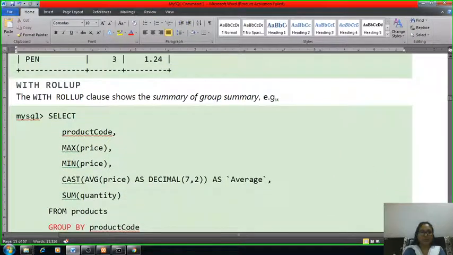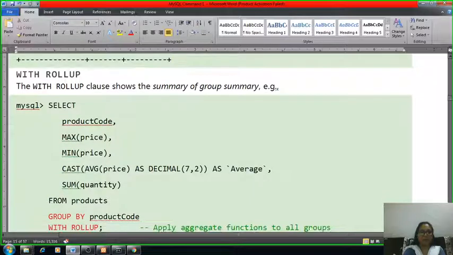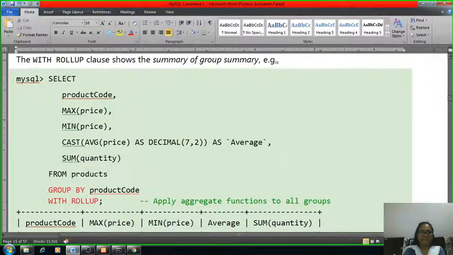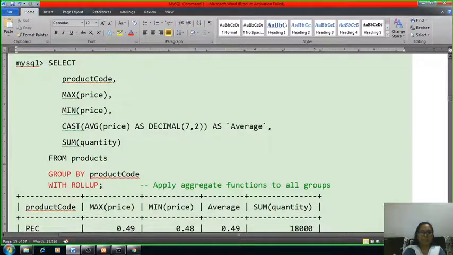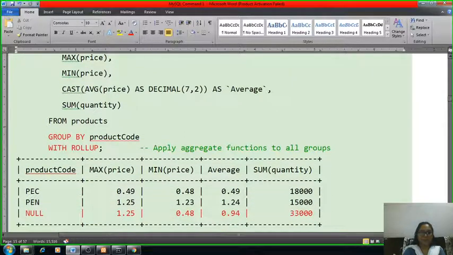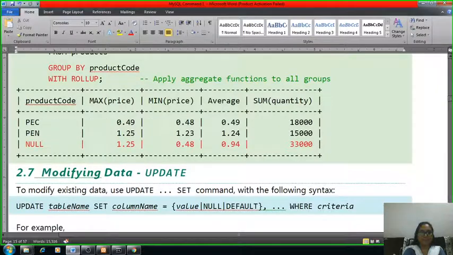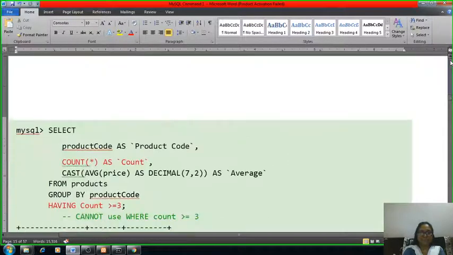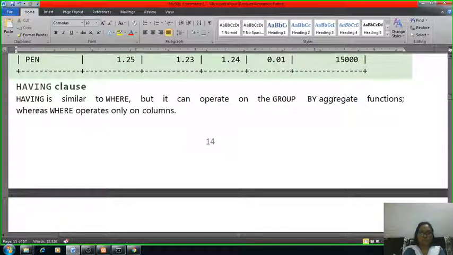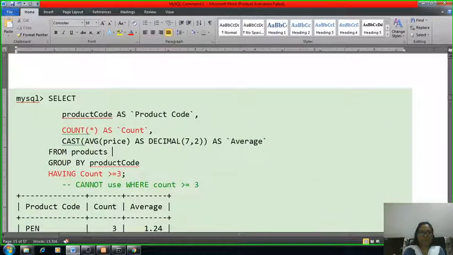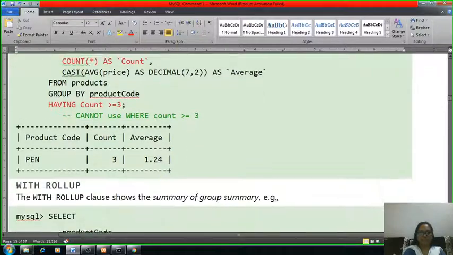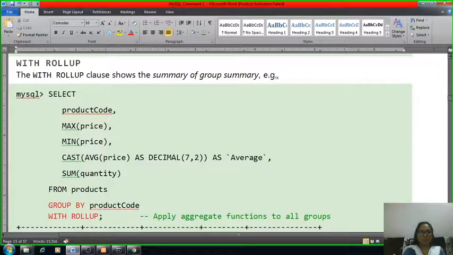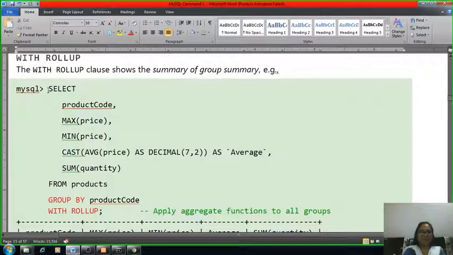Next is with roll up. With the roll up clause, we show the summary of the group summary.